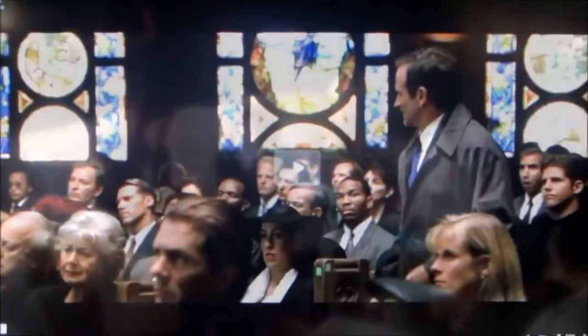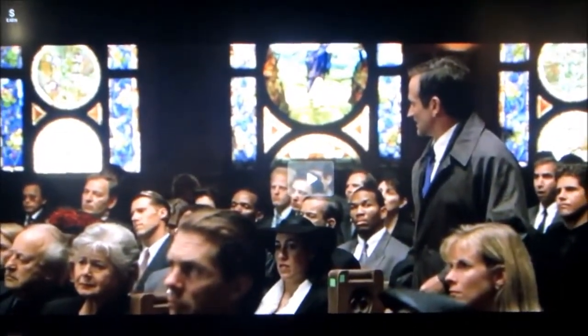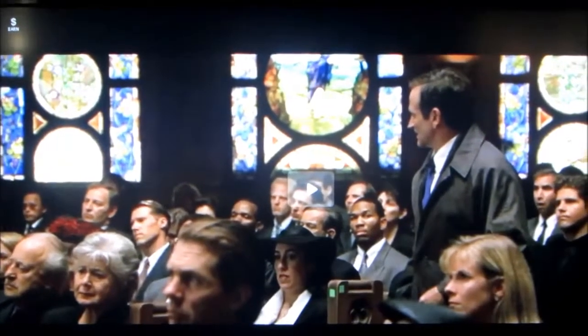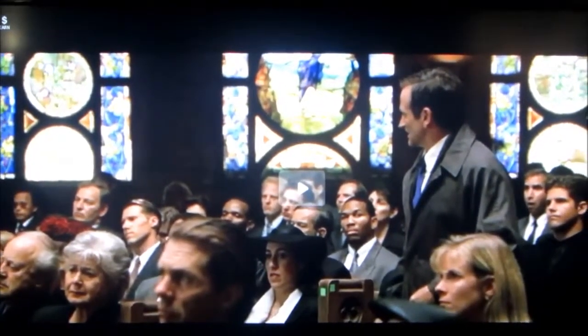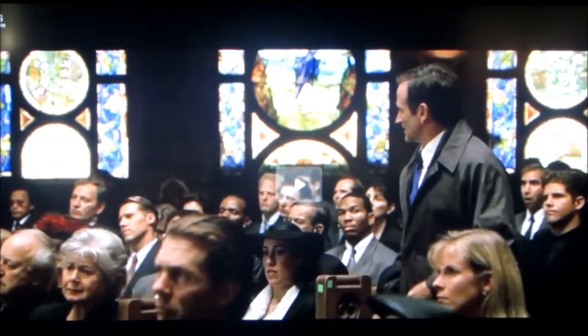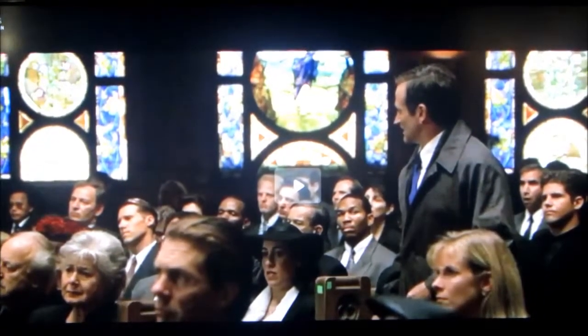And there we see on the table the Washington Monument. 4 sides and then 4 more sides on the top pyramid portion. That is in 88. And Robin Williams attending his own funeral. And we see the 8s in the stained glass windows. 888. The same year that What Dreams May Come, the first novel, was published in 1888.